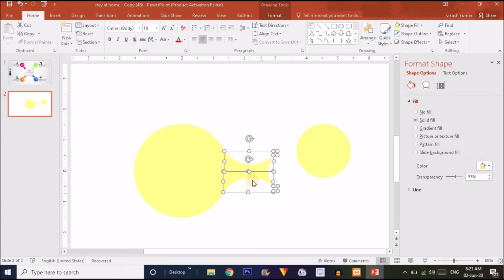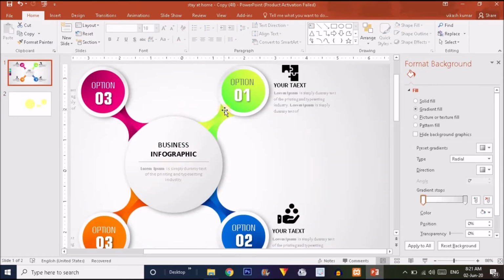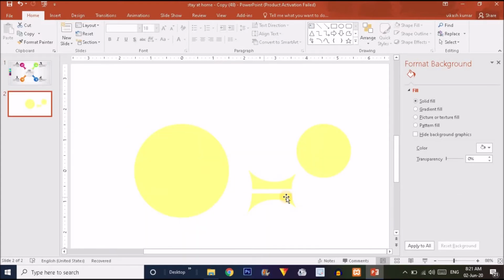So now I will show you I have split these shapes. Now the question is why I have split these shapes. The answer is I have split these shapes to get an effect like this. Here I have split these shapes and put this gradient. But for the second shape the gradient color is the same, but the alternate gradient is there. That's why I have split these shapes, to give an alternate gradient effect over here.